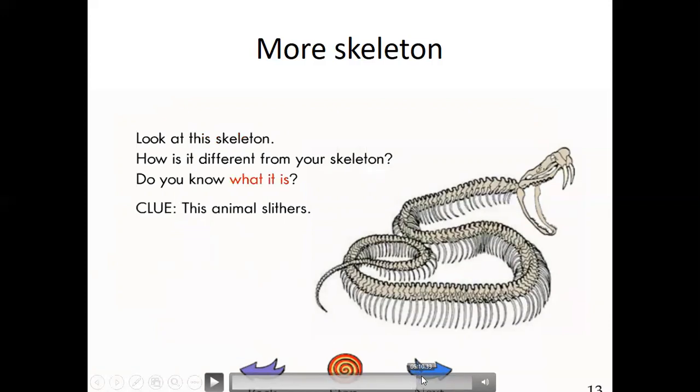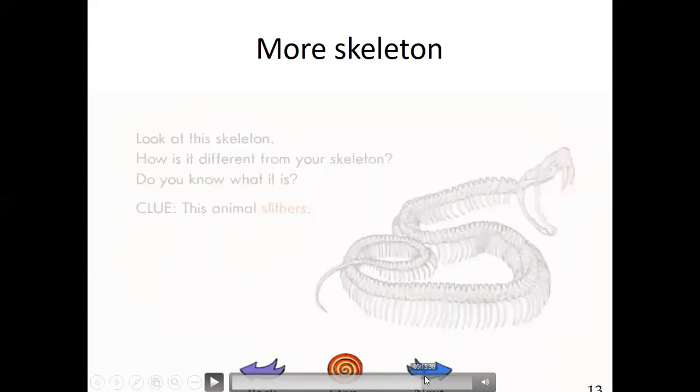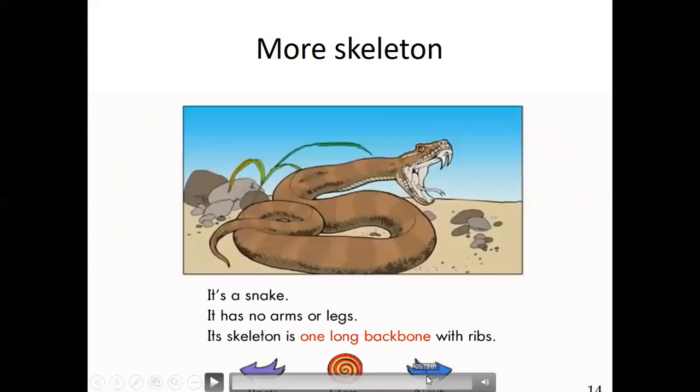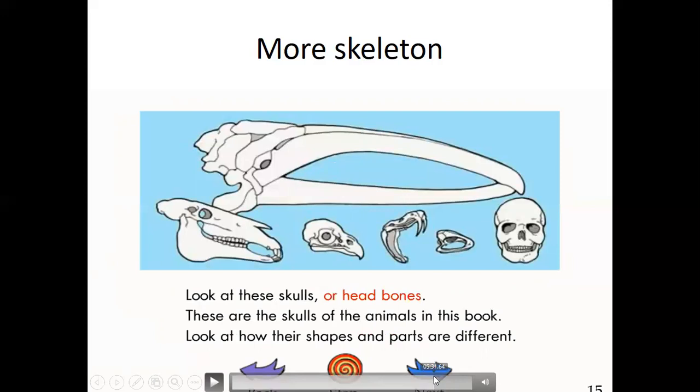What is this? Let's have a look. I think you all guessed. Yes, it's a snake. It has no arms or legs. Its skeleton is one long backbone with ribs. Now you can see that